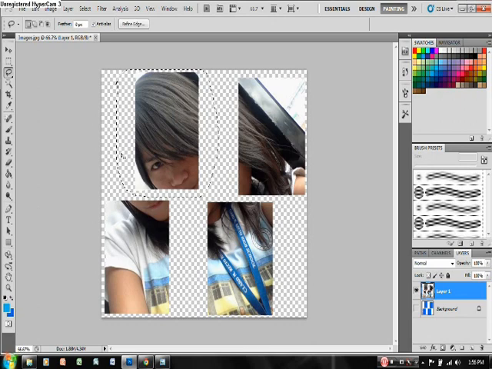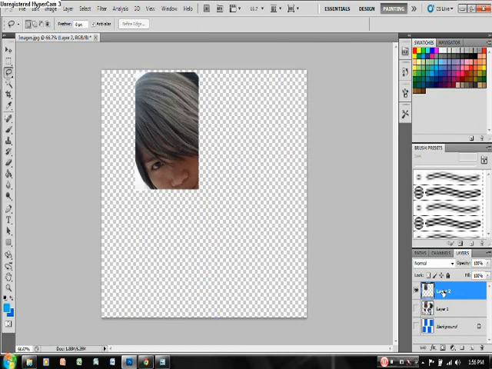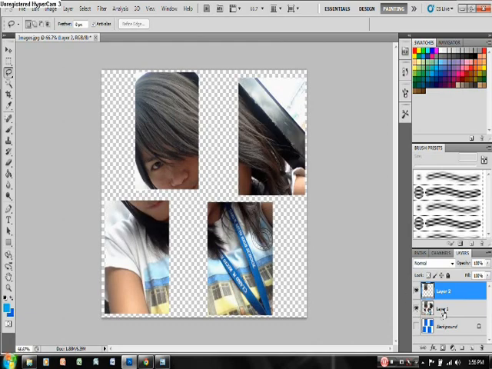Then press Ctrl J. See, this is now the first part, the first piece, in layer 2. Okay, let's do it again in another part. Select the layer 1 and select again the other part.